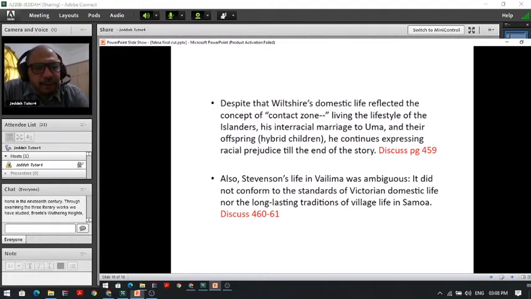So again, your starting point would be to talk about that, to talk about the expansion of the British Empire and the subsequent immigration of so many, either from the colonies to England or from England to the colonies,